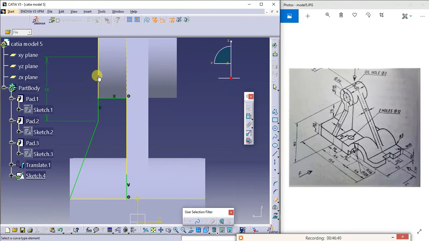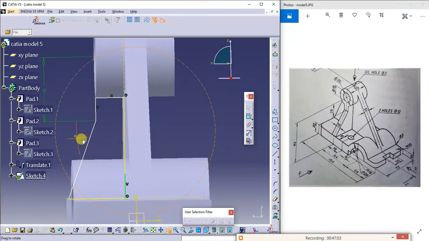Now I'll trim all these projected lines. Now I given the dimension of this from the center is how much? 28 I given. Now I try to rotate this.